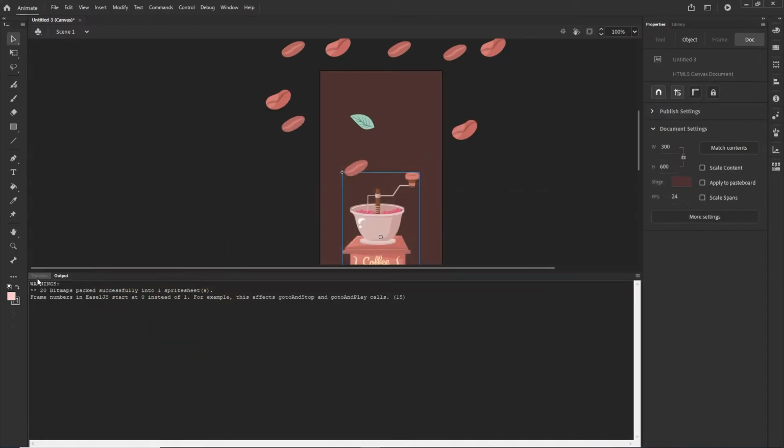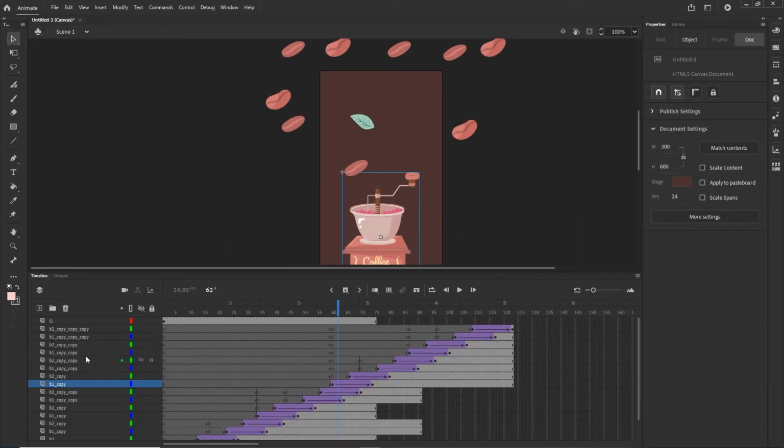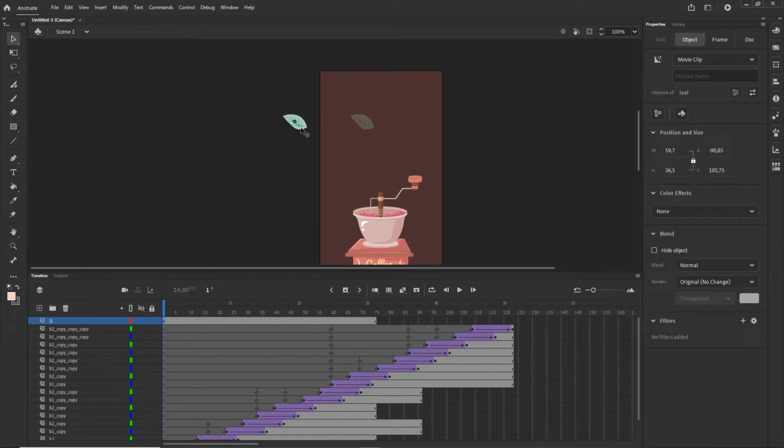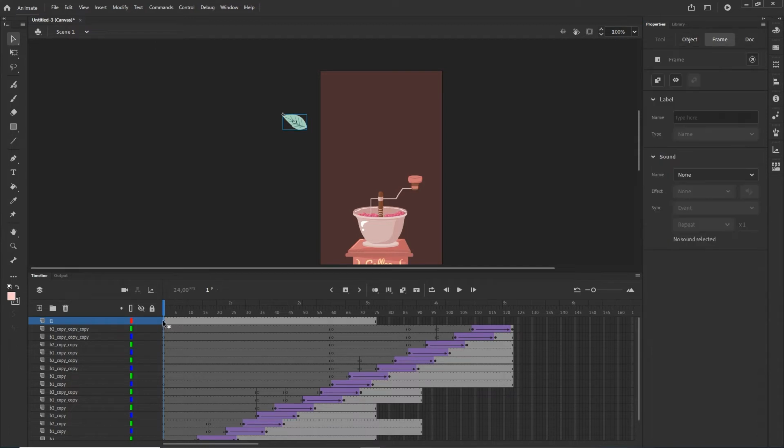Now I would like to animate the leaf. So I will go in here, and first of all, what we can do is basically animate the leaf from the left to the right. So I'm going to get it like so. And maybe I'm going to position, I can have the keyframe in here at the beginning, and I will go maybe to frame 30, and I'm going to click F6, and I'm going to animate it to the other side